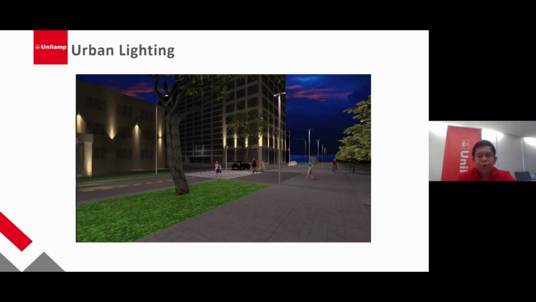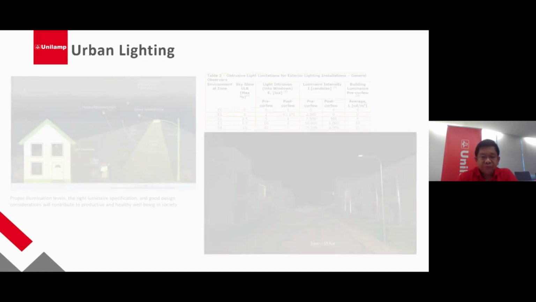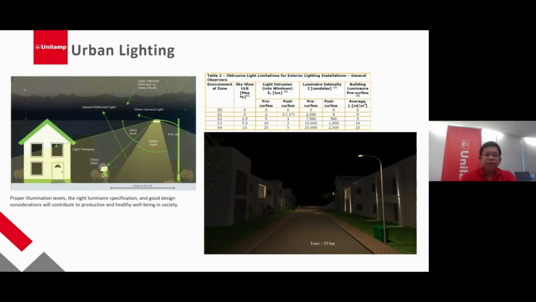economical as well. If we just consider only the aesthetic and also the brightness without considering the economical cost situations, we will end up paying a lot of bills at the end of the month. So we make sure that we fully design, we make some analysis, proper wattage, proper spacing, and also mounting height and also beam distributions. I think urban lighting, there are also some norms that we need to consider for urban